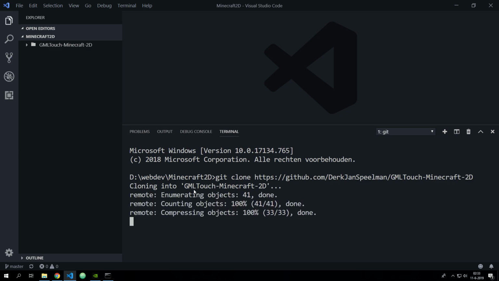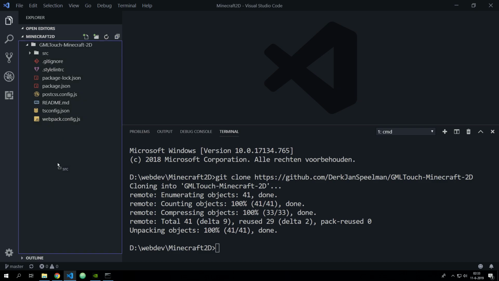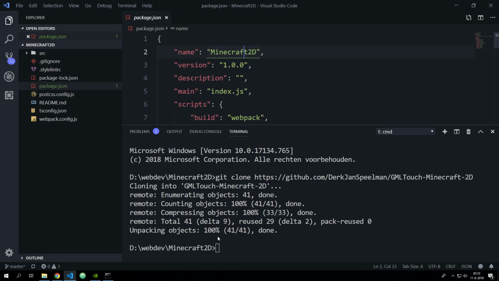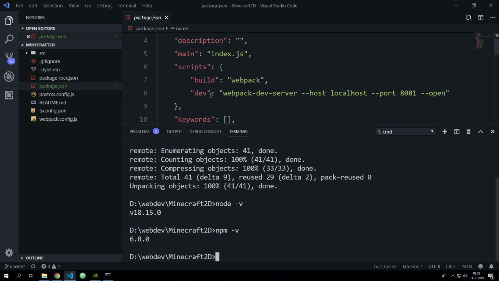So yeah, now it's cloning into Minecraft 2D, and I can just drag everything outside of the zip directory, and now I can delete this file. And yeah, this is cool. Now because I've got npm installed, Node and npm, and I've got this script in here called def, right? So now I can say run npm run def,